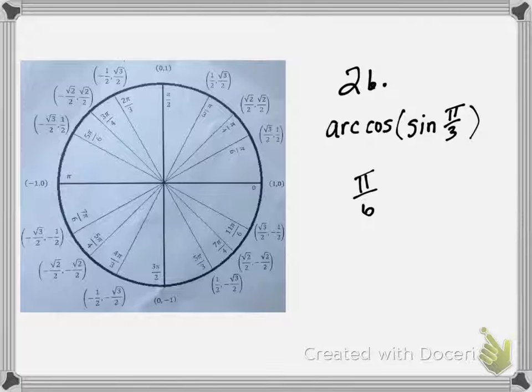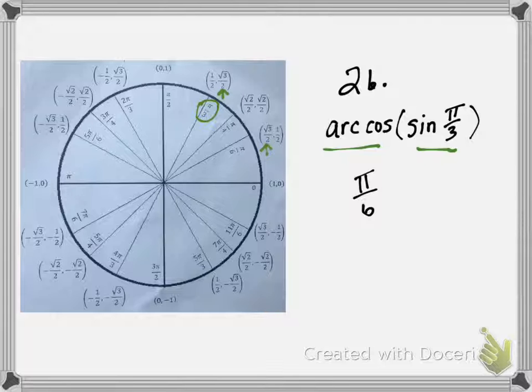Now this one says, what's the measure of the angle whose sine value is at pi thirds, and we want to get the cosine value. So once again, it's that flip-flop that we've seen. So let's go to sine of pi thirds, and here's our pi thirds. We go to our sine value, that's the square root of 3 over 2, and then we want to find where the cosine value turns into the square root of 3 over 2, and we see that that's